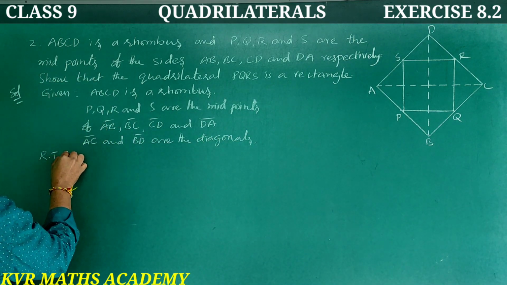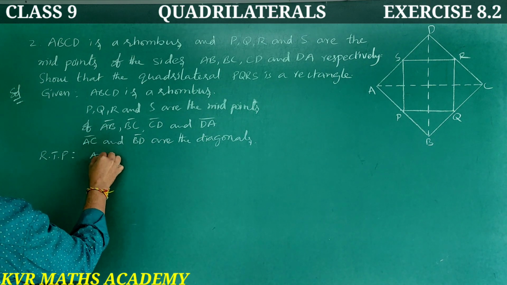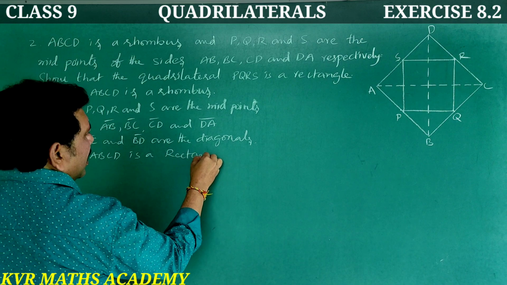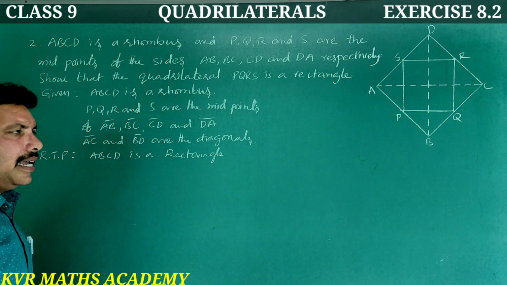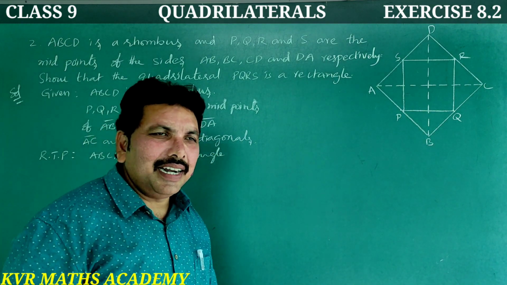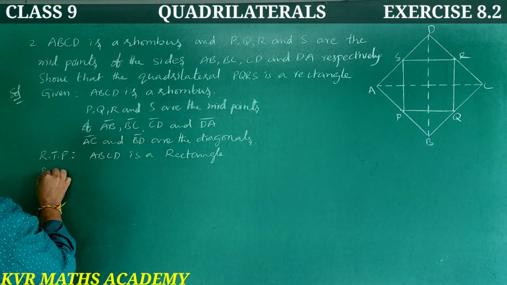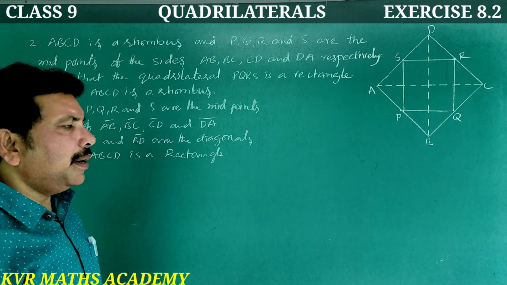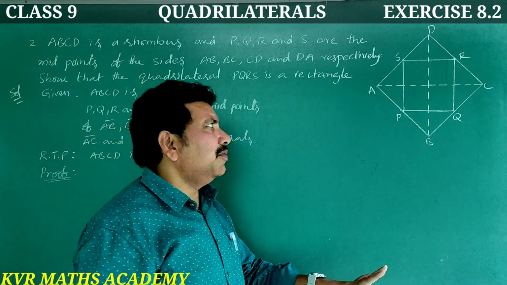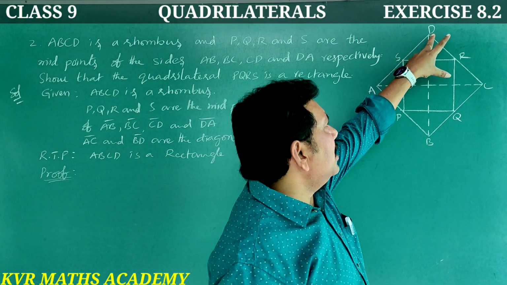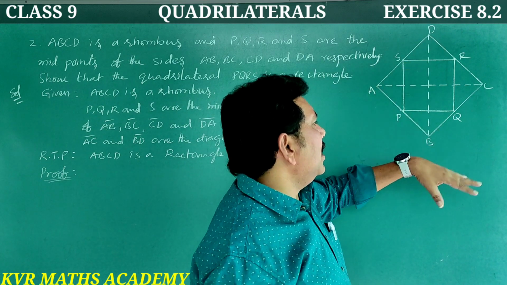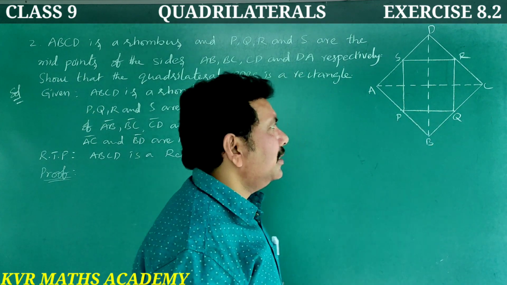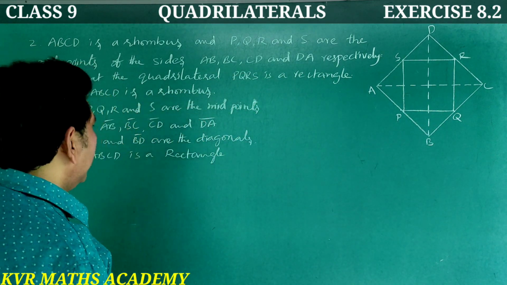RTP. What we have to prove? PQRS is a rectangle అని ప్రూవ్ చేయాలి మనం. రైట్, ఎస్, ప్రూఫ్ చూద్దాం. చూడండి, ఇప్పుడు సేమ్ బై మిడ్ పాయింట్ థియరం యూజ్ చేసి మనం ప్రూఫ్ చేద్దాం. ఎస్, కన్సిడర్ ద ట్రయాంగిల్ DAC అండ్ ఆఫ్ ద ట్రయాంగిల్ BAC. DAC and BAC. ఫస్ట్, in triangle DAC,